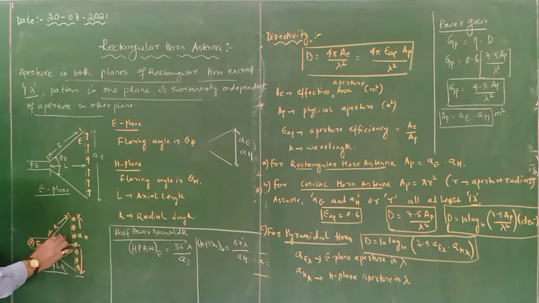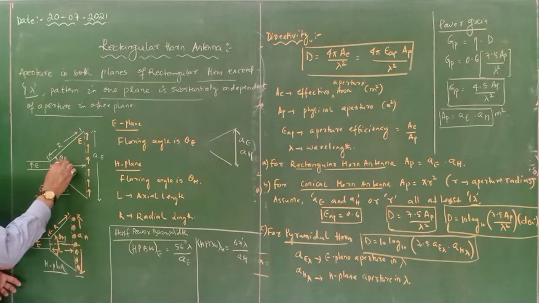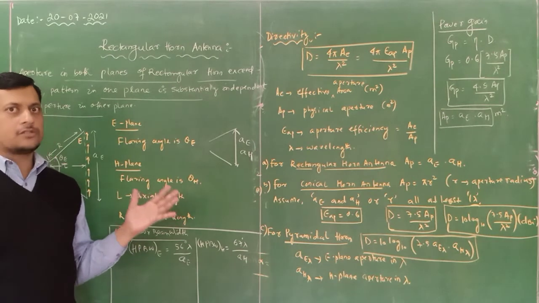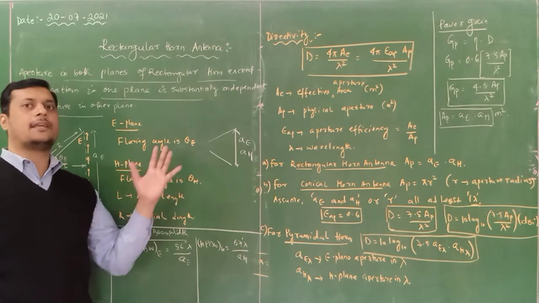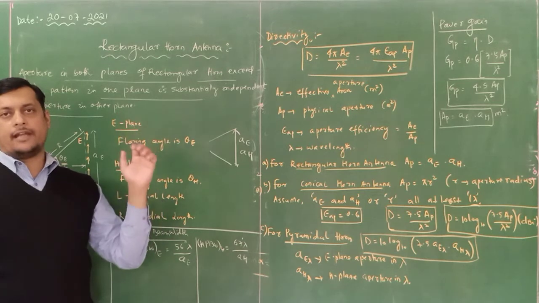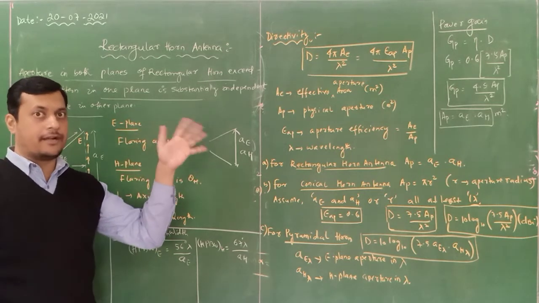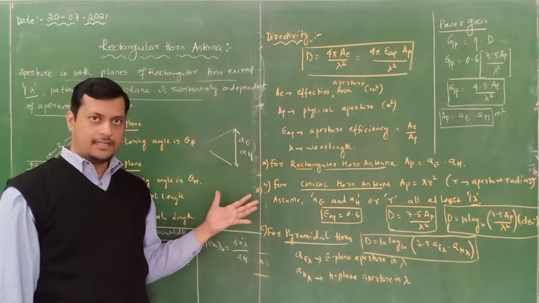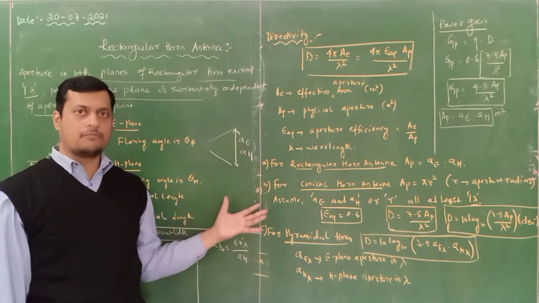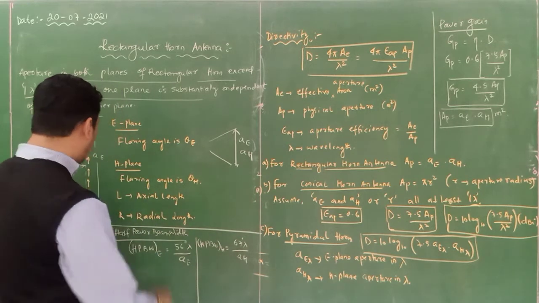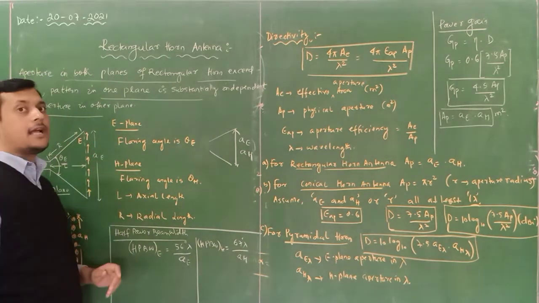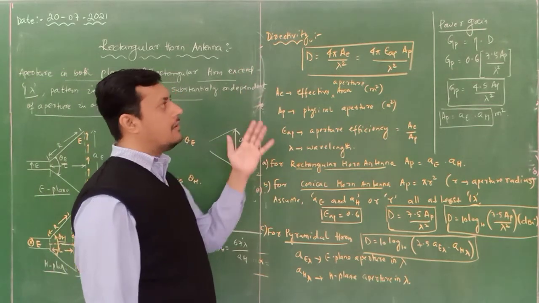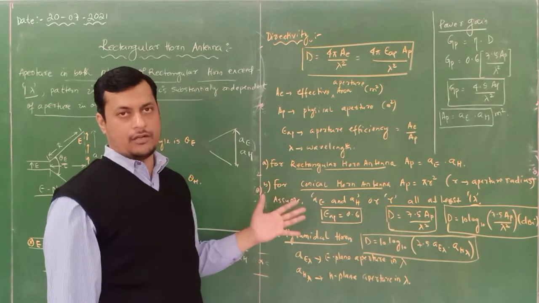The angle here is called del H, and here it is called del E. Depending upon that we can identify easily what theta E and theta H are. Theta equals A square divided by 8 del, what we identified previously, with cos inverse and tan inverse relations, the flaring angle, and with the help of that the axial length also. So this is the basic relationship of a rectangular horn antenna. Depending upon this, we are going to identify the directivity, the power gain and the half power beamwidth.